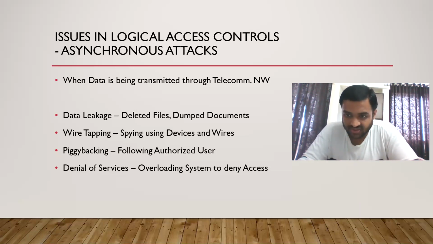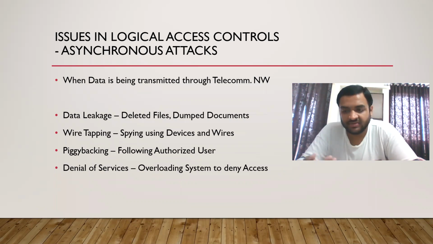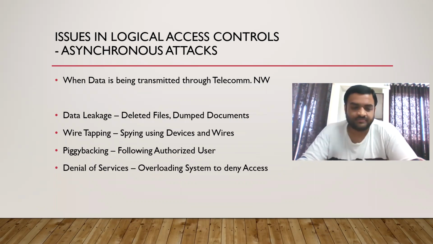Your parents are the authorized users, but what you have done is you have put a screening software so that you can see whatever information is accessed by your parents. So you are an unauthorized user, your parents are the authorized user. An unauthorized user is using a software to monitor what all is done by the authorized user. Also, once you get the information and credentials just by monitoring, you can access the system on your own, pretending to be the authorized user. That is basically piggybacking. We will follow an authorized user into the system.